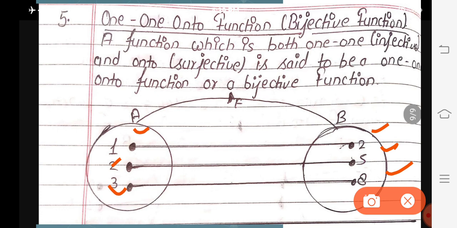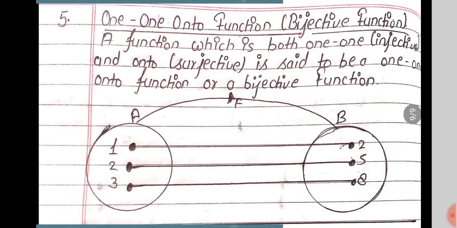See, here also I am telling a little bit: this is a bijective function. So in this case you can also define a function from B to A, whereas it was not possible in the case of many-one functions or into functions. But when the function is one-one and onto, then we can define a function from B to A also. So what's its importance? In the next video I will let you know in detail.